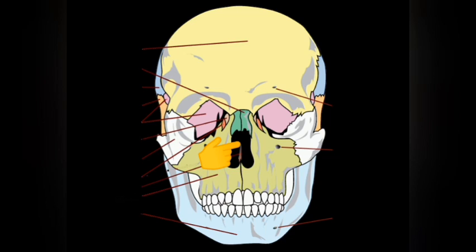This bone is found at the posterior aspect of the nasal septum. The nasal septum is like cartilage at the middle of the nose. I know you're able to know it. So the posterior aspect of this nasal septum